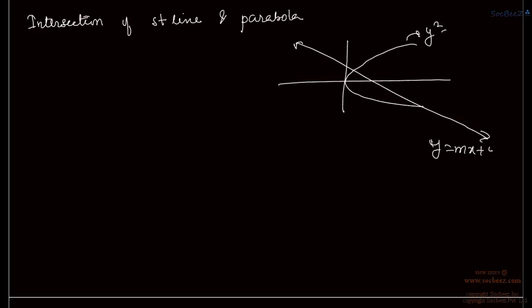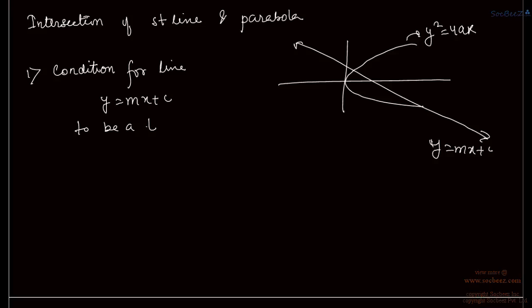So first, the condition for the line y is equal to mx plus c to be a tangent to the parabola y square is equal to 4ax is